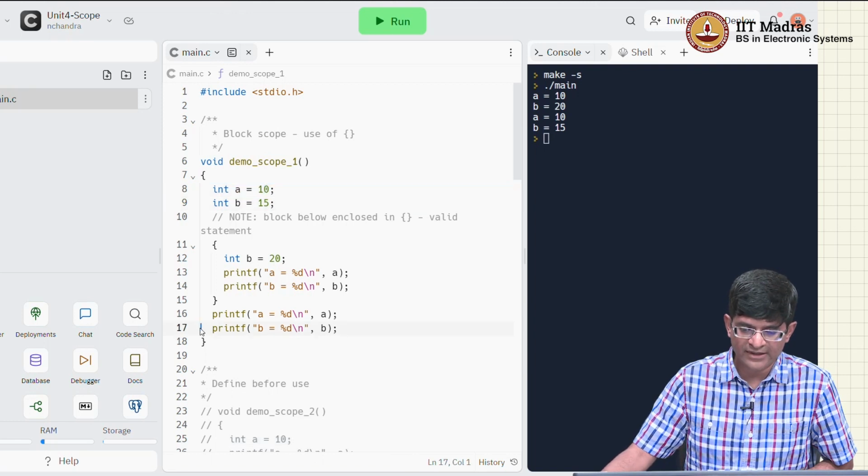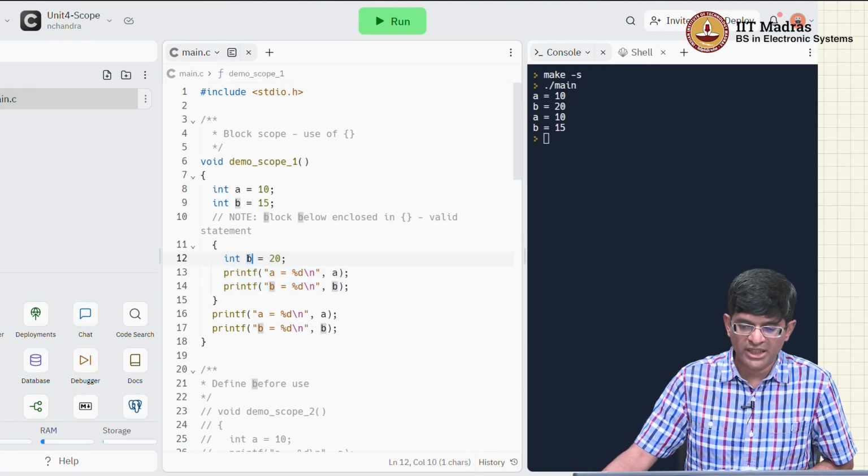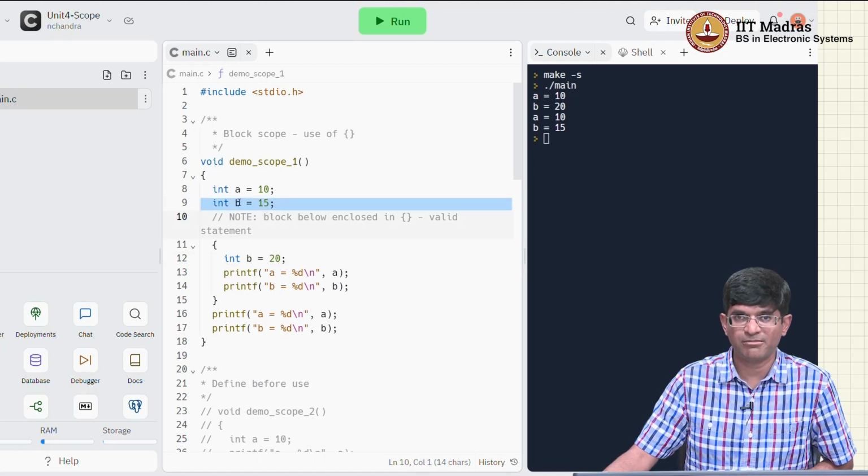But when I reach line 17, the fact that I assigned the value 20 to b is forgotten, because that ended with this block. This b effectively is a completely different variable from this b. They just have the same name, but they refer to different memory locations,